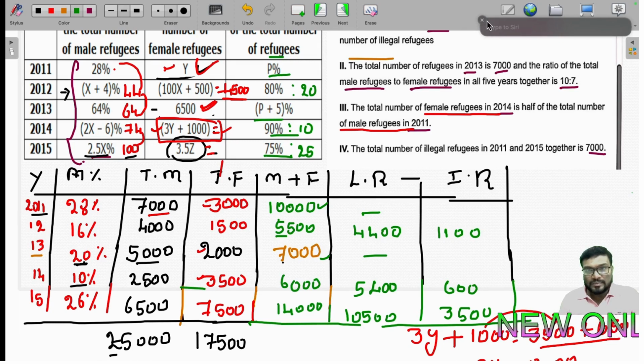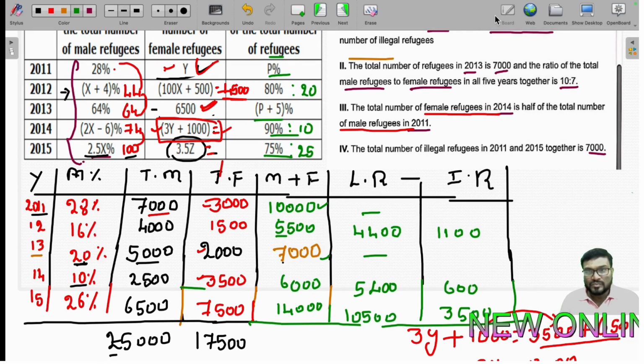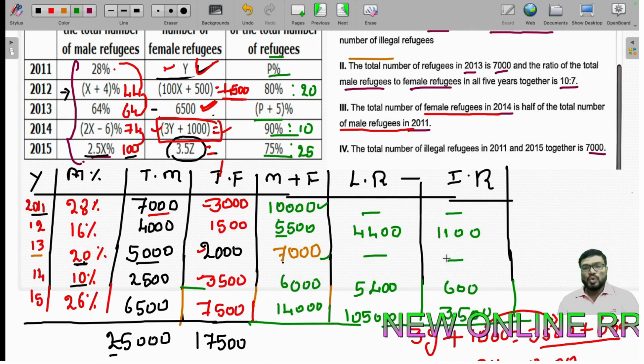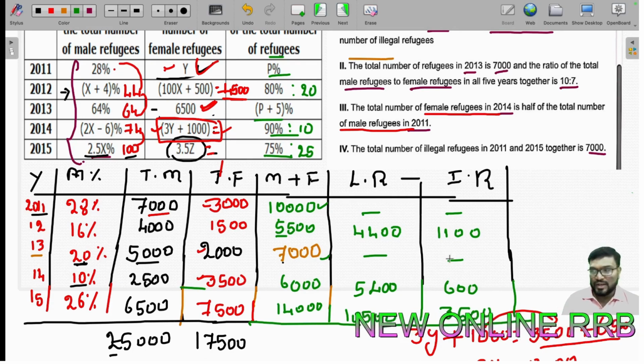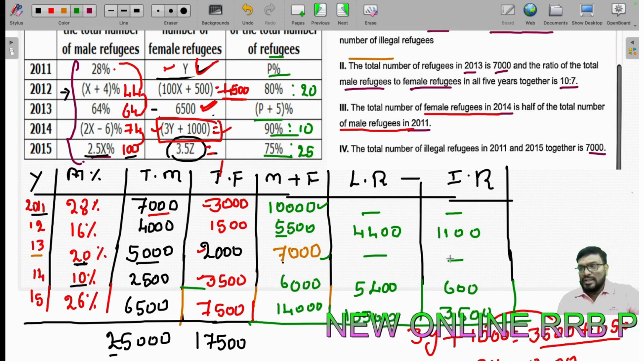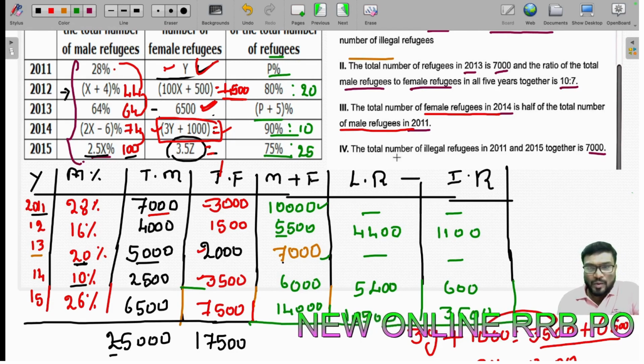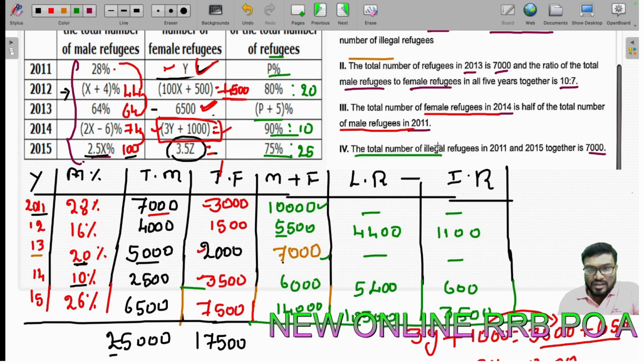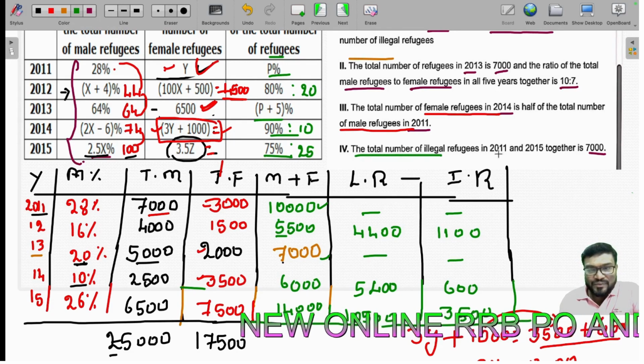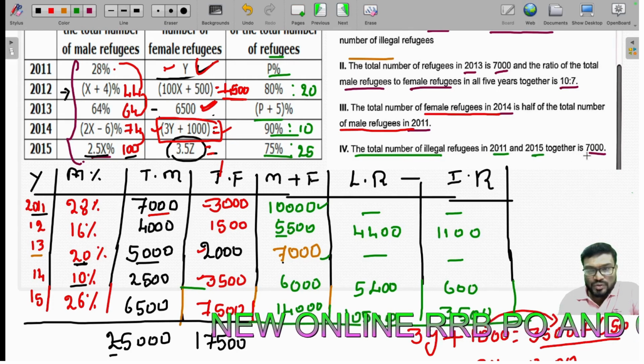See this. Okay, I found it. Just a minute. Now I need to find out this value and this value. How to use this? How to find out this value? Very simple. If you closely observe, the total number of illegal refugees in 2011 and 2015 together is